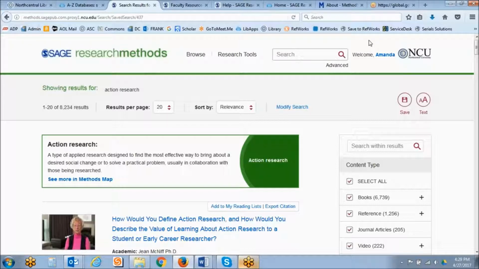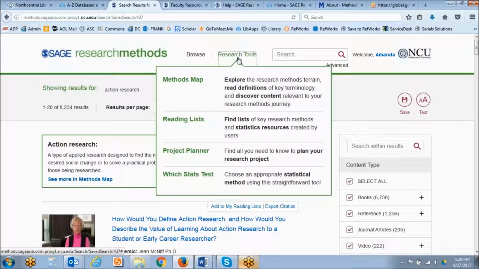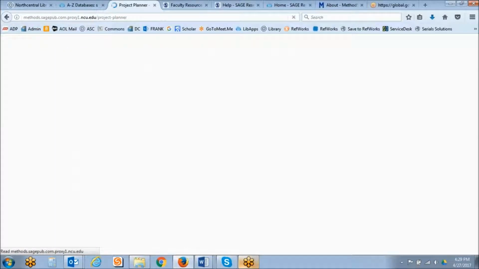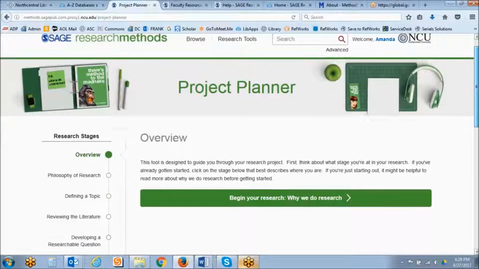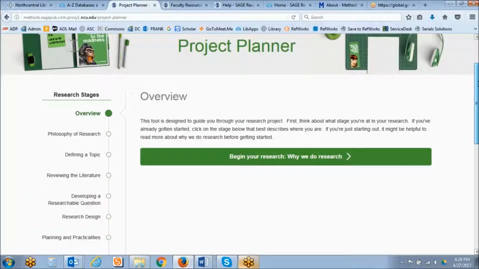So that covers your personalization, your My Profile. I also want to continue on with the research tools. So I want to next go to the Project Planner. The Project Planner is a new resource, and it's a tool designed to guide you through your research project, starting